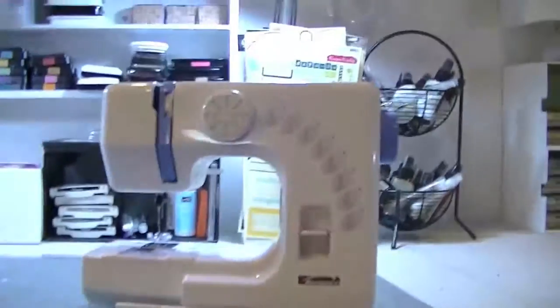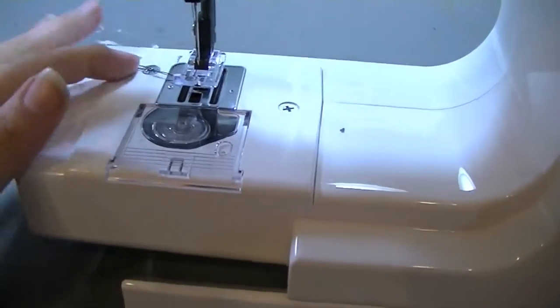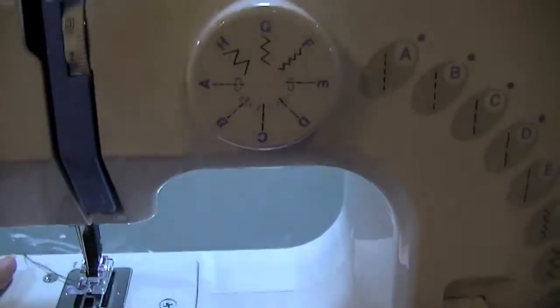So that's really convenient, and if it weren't for that, I would never sew, ever. So for me, it has to be out and accessible, and look, it's already threaded and everything, so I won't use it if it's not out. So that's why I took out my sewing